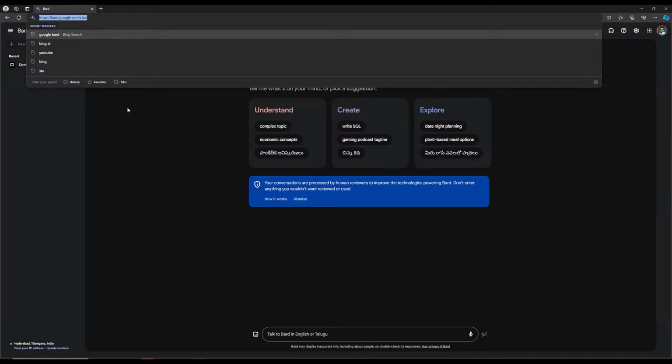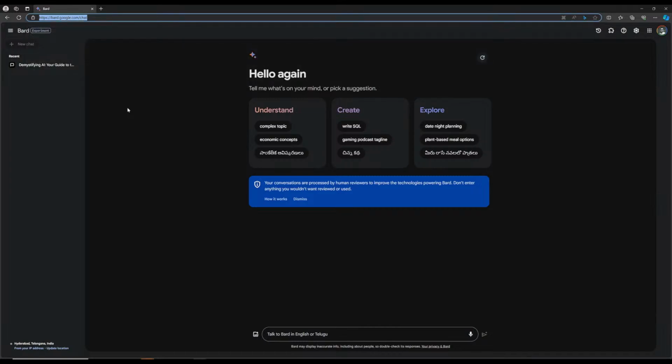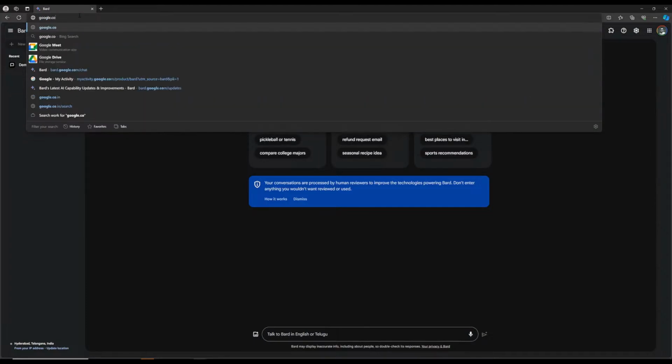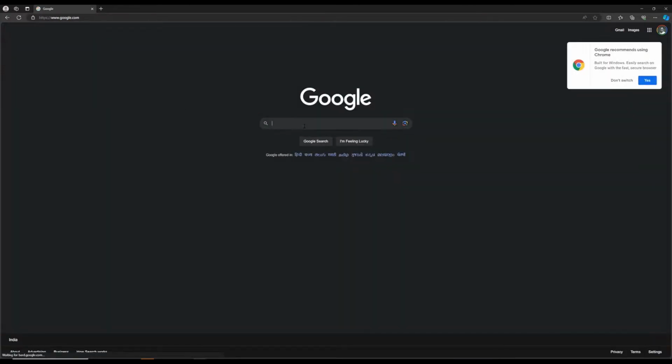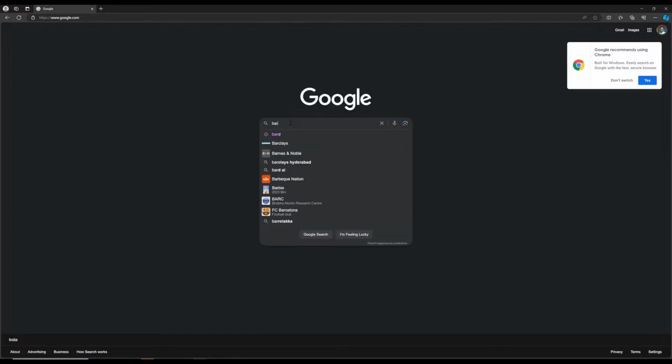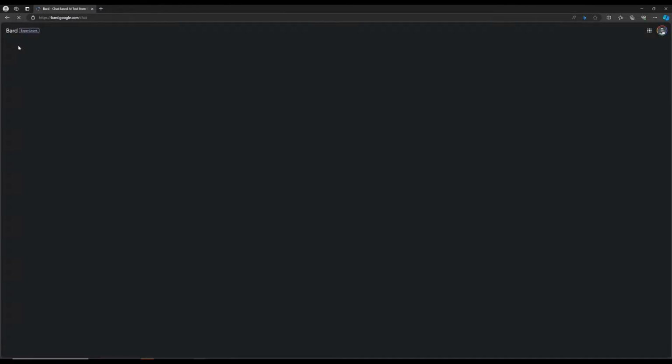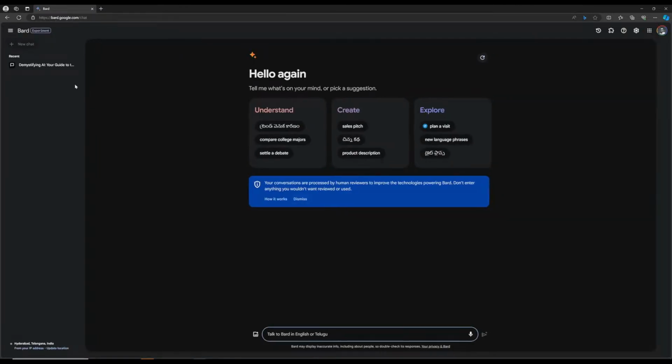So we have seen ChatGPT and also Bing Chat. Now another AI chatbot is available for us, that is nothing but Google Bard. If you go to the Google search engine and search for Bard, you'll be able to see a Google Bard chat-based AI tool from Google. If you click on this, you will see bard.google.com, and you need